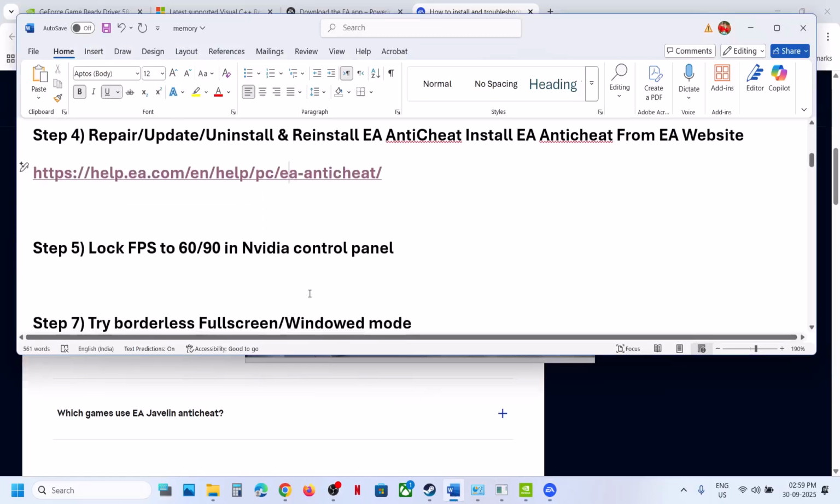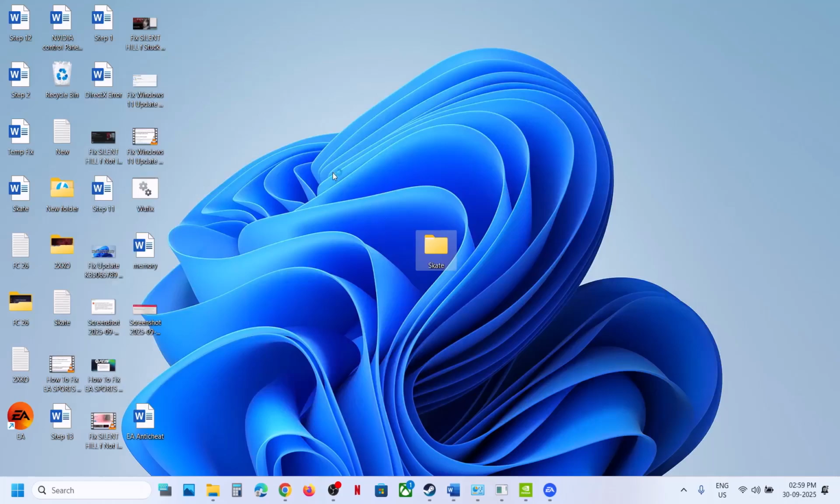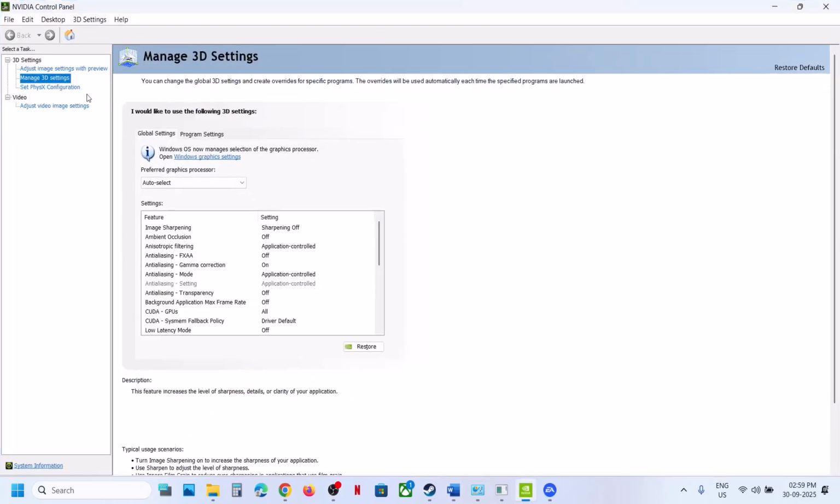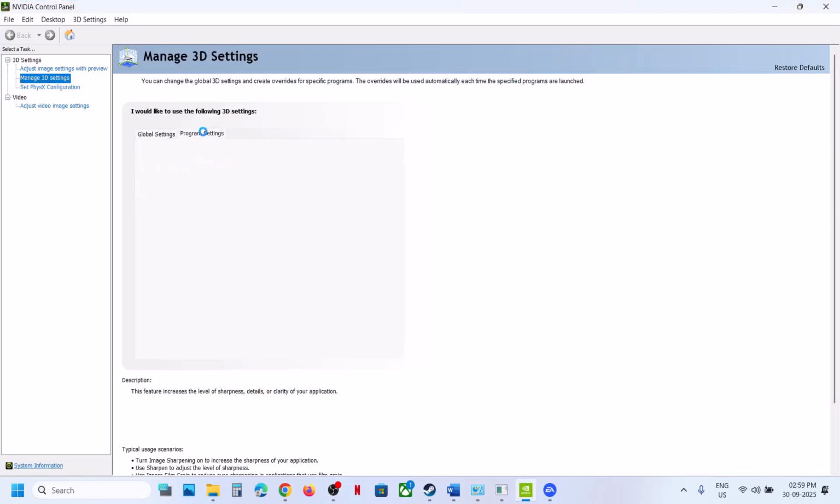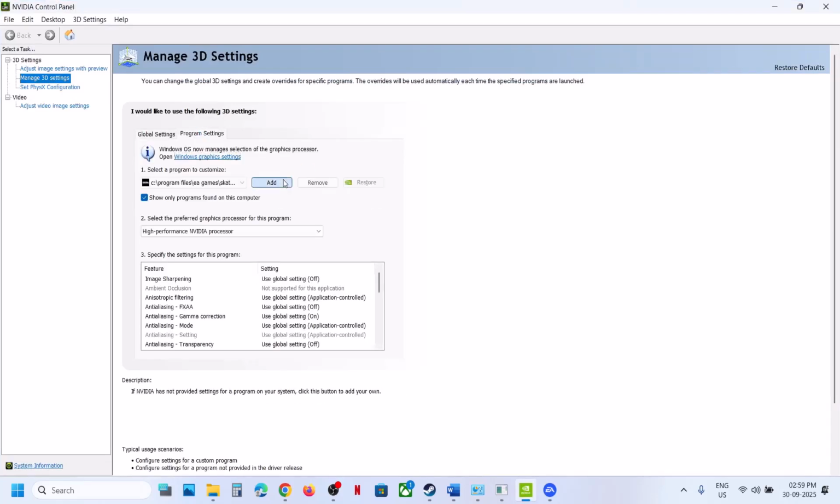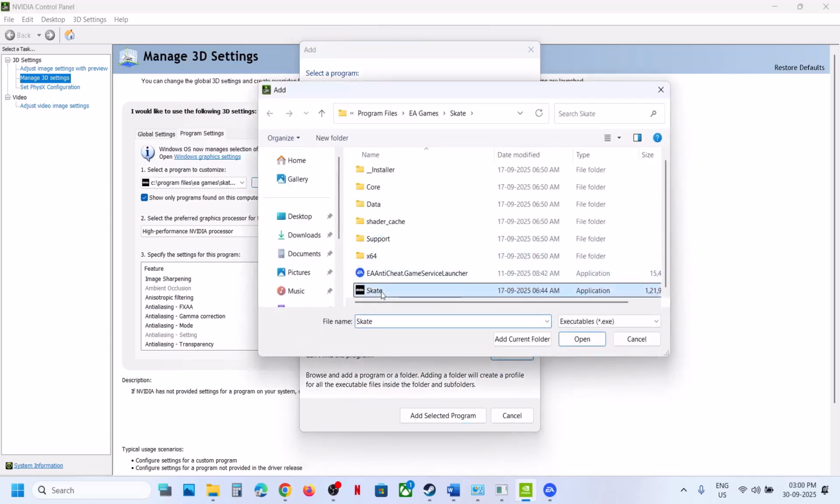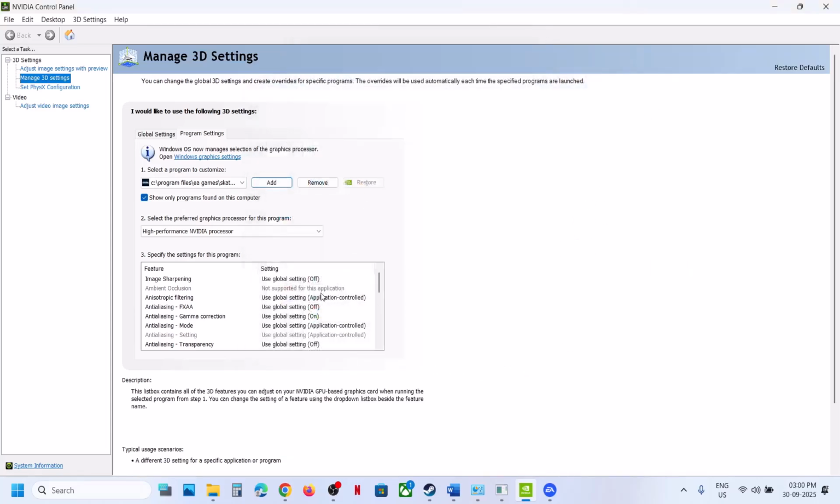Still not working, lock the FPS at 60 or 90 in Nvidia control panel. So make a right click on the desktop, show more options, and then click on Nvidia control panel. Now go to program settings, click on add, and then you can select the game, or you can click on browse and then go to the game installation folder, select the game exe file, click on open, and once the